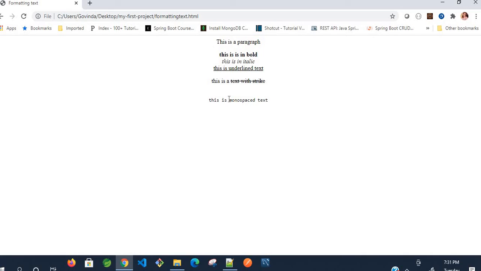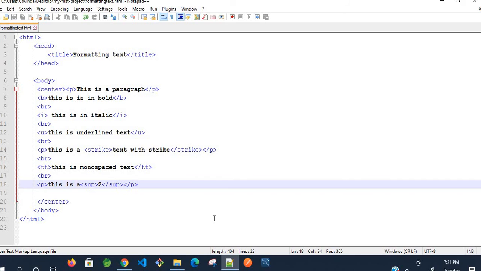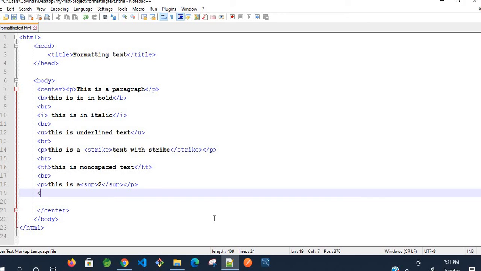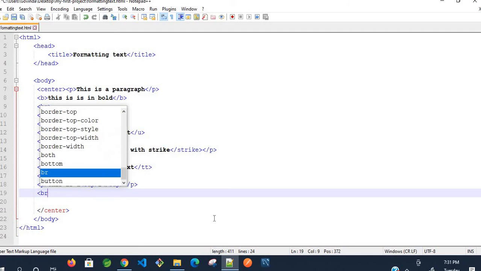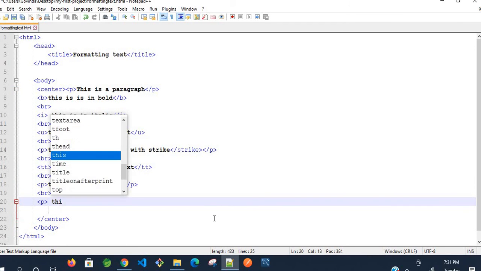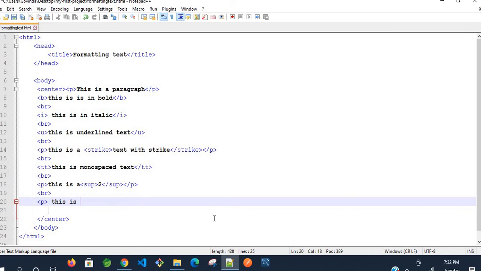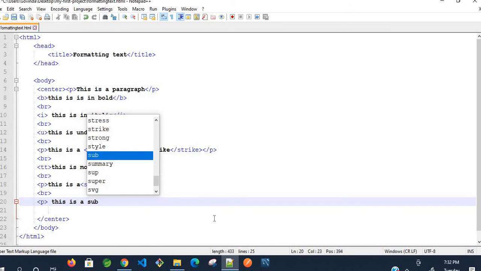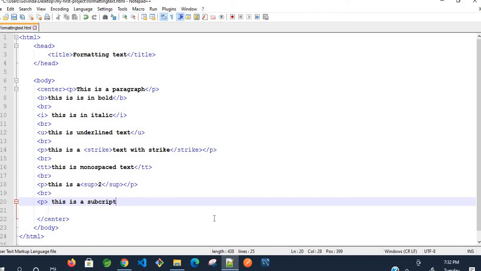See here, after monospace I'll get, see, this is a superscript 2. Okay, this will be raised to next level. Then go to the file. In the same way I have a subscript. Okay, I want to break the line, then start a paragraph again. This is a subscript I want to give as subscript.